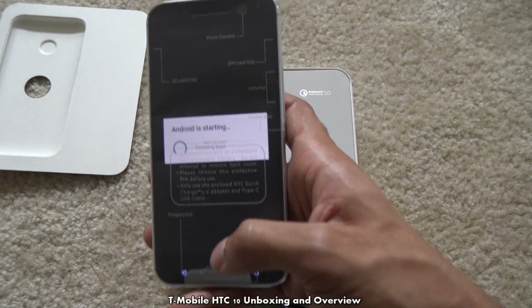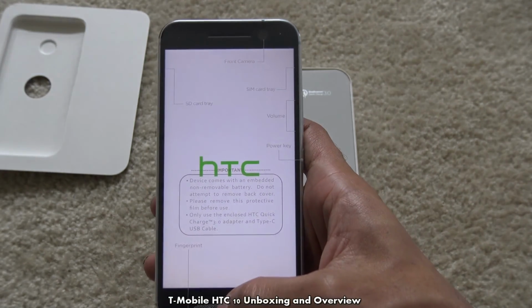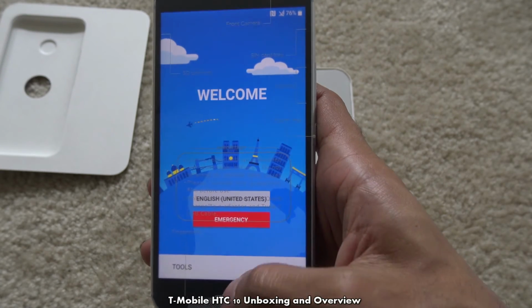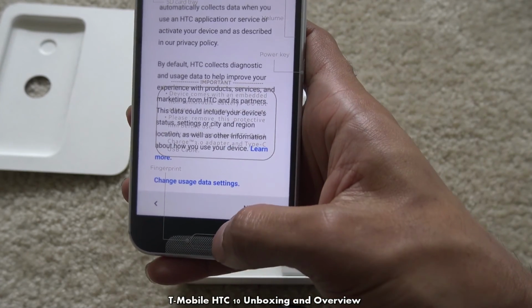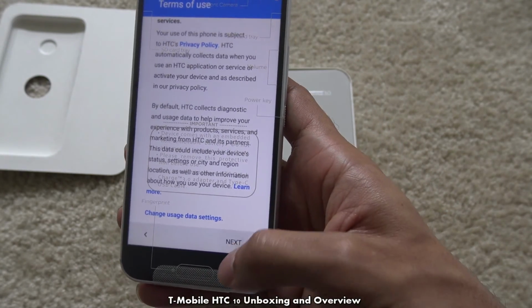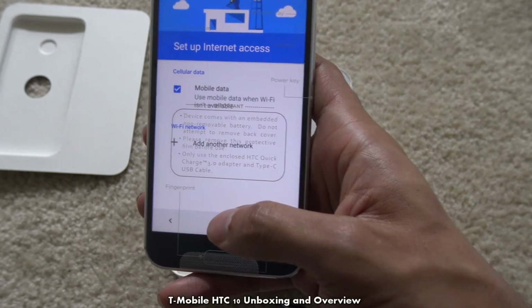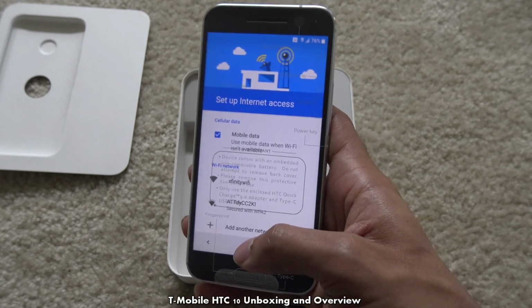Okay, so now it's finishing boot. And now it's starting up the phone. There we go. All right, and we're at the welcome screen. All right, here's the terms of use. All right, then we have the Wi-Fi that's here, mobile data. All right, so that's the phone. So I'm going to set it up. But yeah, I was just letting you guys see the HTC